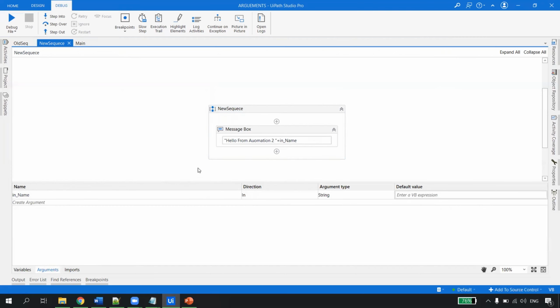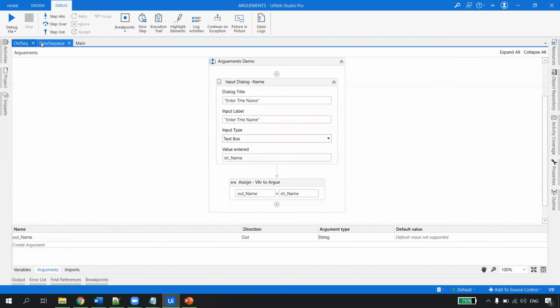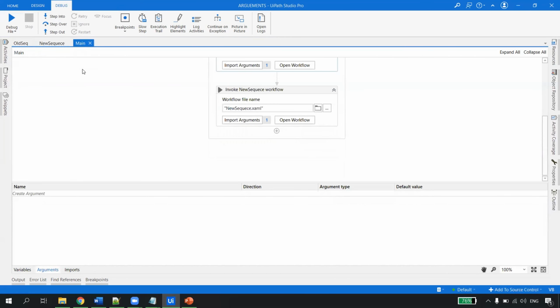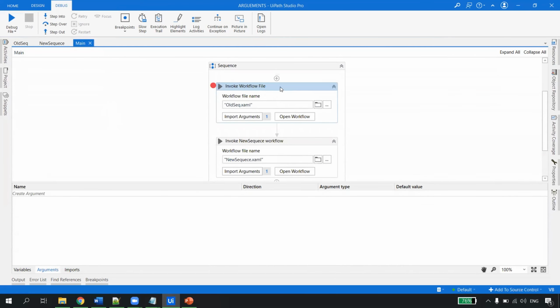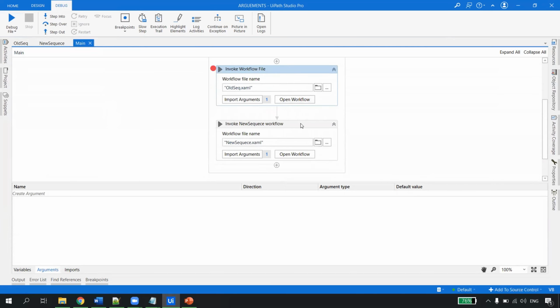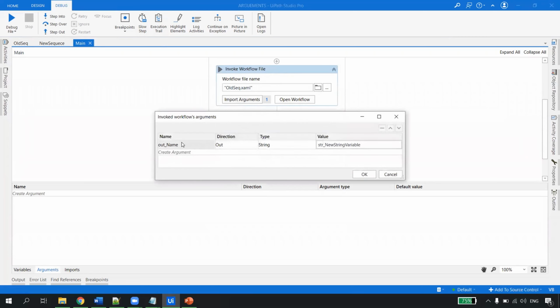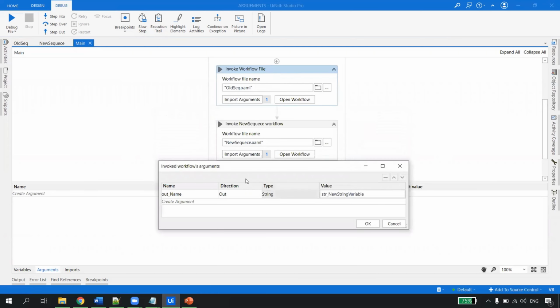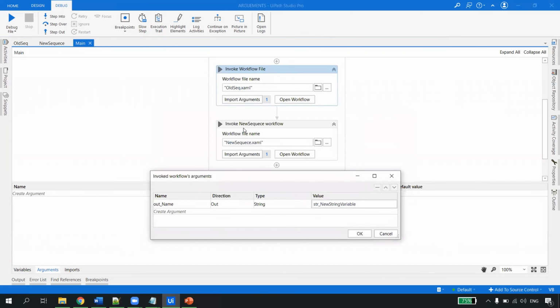Now how do these two work together? I go to the new sequence called main, right? I first invoke the old workflow, then I invoke the new workflow. Now UiPath will ask me that, okay, I have found this name, what do you want me to do with this new name? So I say that from here I want to pass it to here.